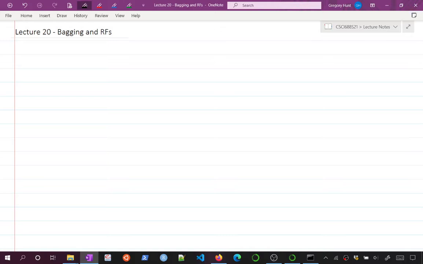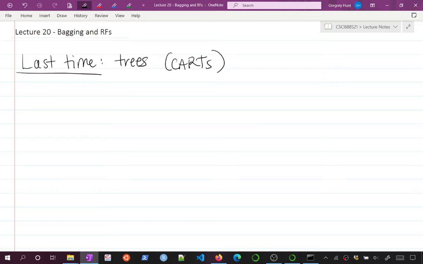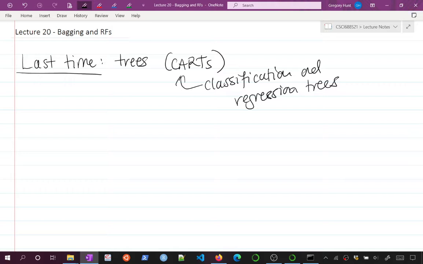So last lecture we had looked at trees, and in particular, we had looked at what are called CARTs, which stands for classification and regression trees. CARTs are a particular